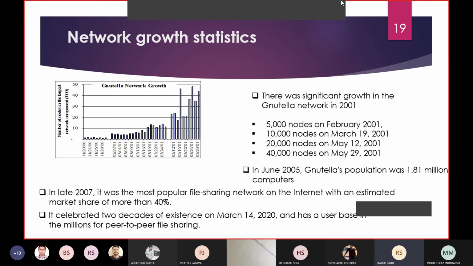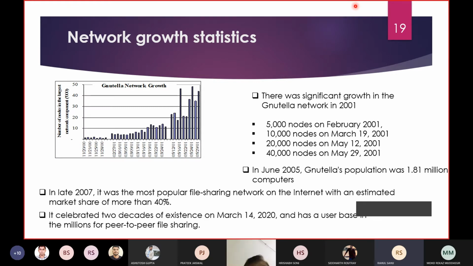This figure shows how big the Gnutella network is. In 2001, Gnutella contained only 5,000 nodes, but in March it became 10,000. In May it became 20,000. On May 29 it became 40,000. So this network is increasing exponentially, we can say.